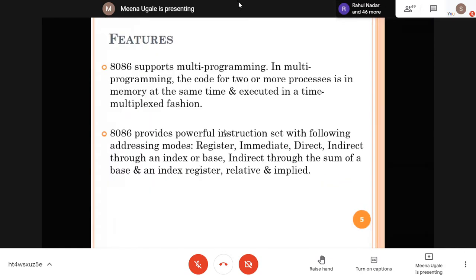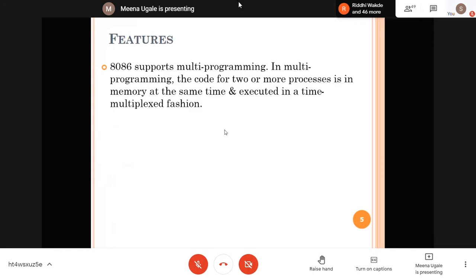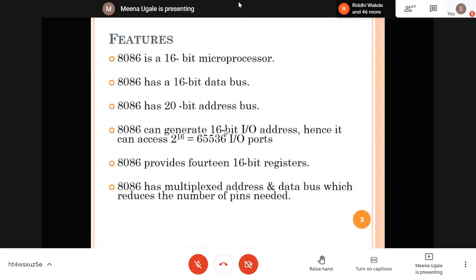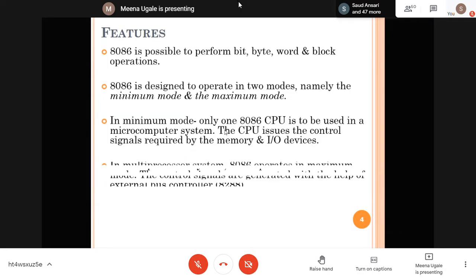Fine, these are the various features. We'll just revise it once. 8086, 16-bit processor, 16-bit data bus, 20-bit address bus, generates 2 raised to 16 IO ports, provides 14 16-bit registers. It has multiplexed address and data bus, performs bit, byte, block, word operation, works with two modes, minimum and maximum.